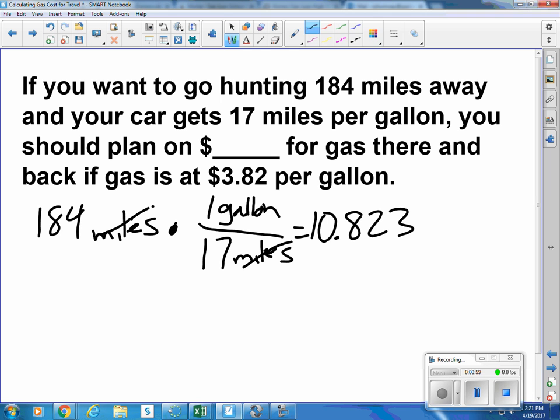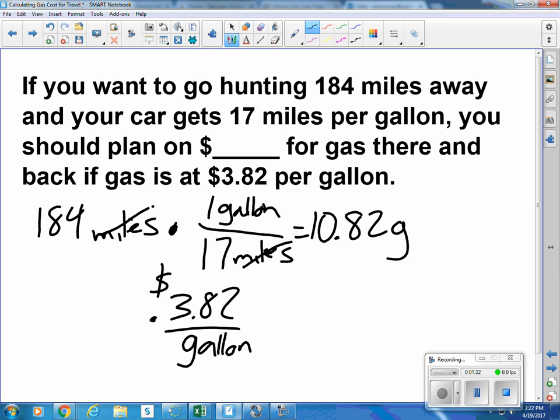If we were going to stop there to say how many gallons that was going to be, we could round down, because that 3 is less than 5, and say that's how many gallons we have. Since we're going to do more calculations, we can just leave that in our calculator and multiply it by $3.82 per gallon. Gallons on top, gallons on bottom, the units cancel, and that turns out to be